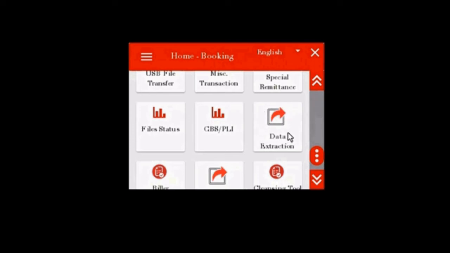After extraction of data, a .csv file gets generated and uploaded to central server, and the status of upload can be seen in the file status in uploaded tab. The BPM should not extract data unnecessarily, and permission should be taken from authority before doing data extraction. There are 29 data which can be extracted when required.